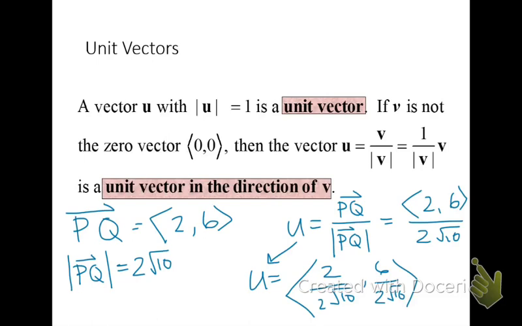Okay, so let's go and simplify that. So I'm going to end up with my 2's canceling out there. I will have to rationalize that 10. 6 will become a 3 and 2 will go away. And so this one, when I rationalize it, so I'm going to multiply by the square root of 10 over square root of 10 on both of them because they both have the same radical, which makes it nice. I would end up with this